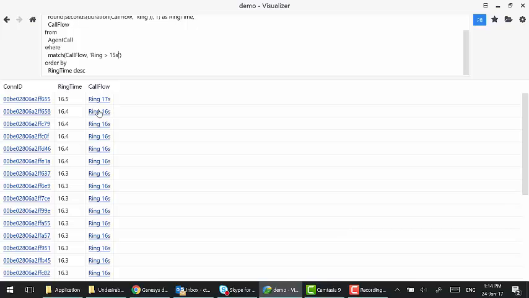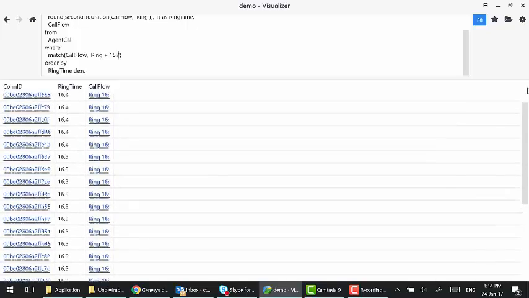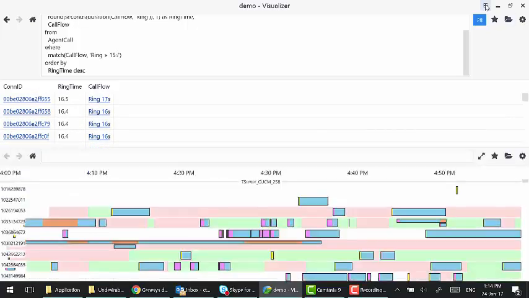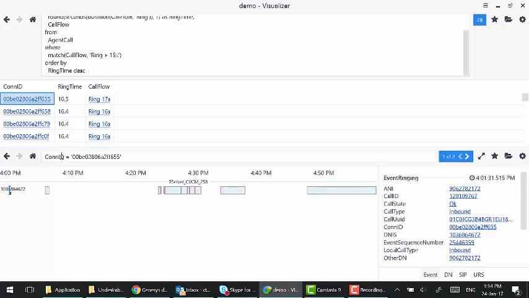You can see that a list of calls, or con IDs, unique identifiers of interactions, with ring times in excess of 15 seconds. I can scroll up and down on the right hand side using a scroll bar to see each call. I can split my screen by clicking this icon here in the upper right, and then if I go back, I can click on any one of these con IDs with a right click of my mouse,